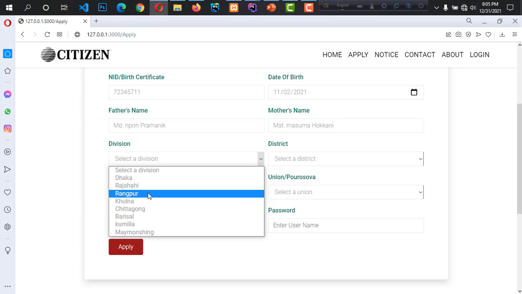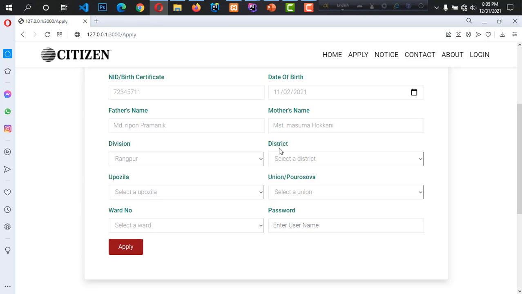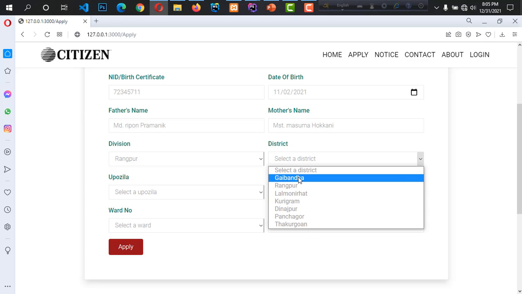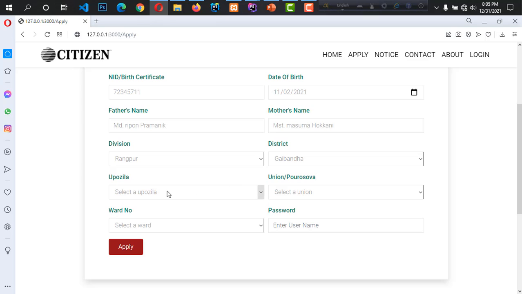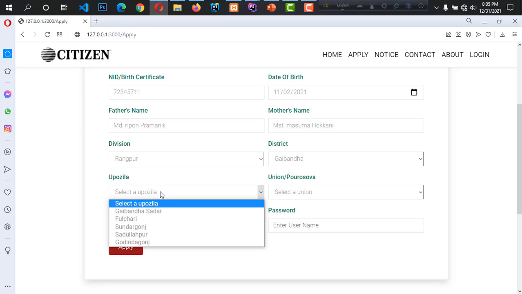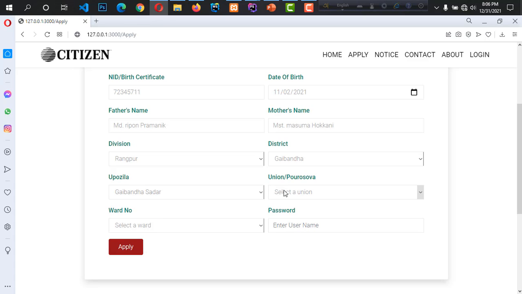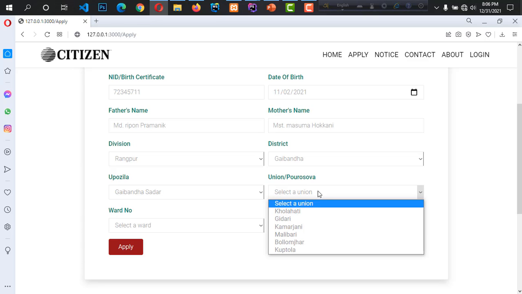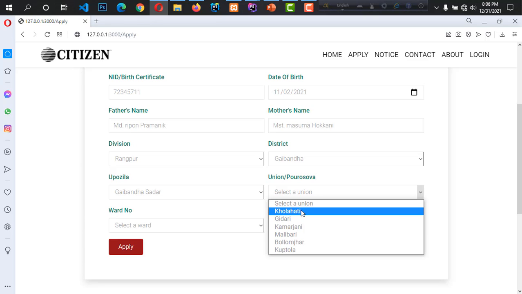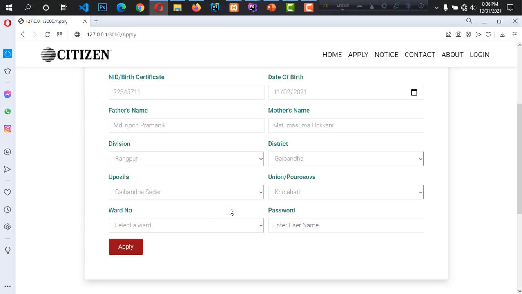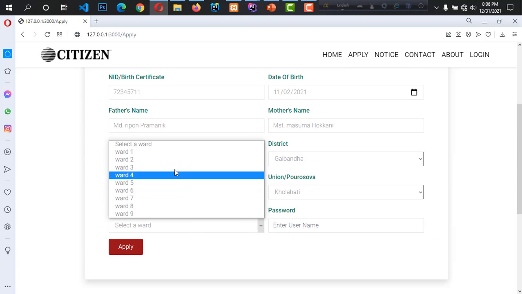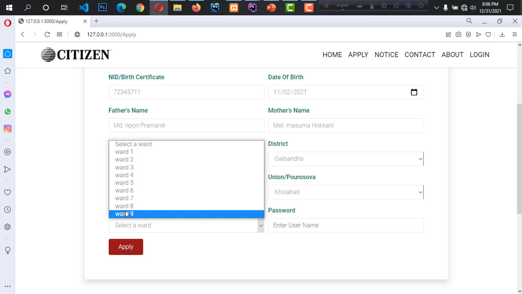My division is Rangpur, and then I need to select my district. My district is Gaibandha, and then I have to select my upazila. I live in Gaibandha Sadar, so I select Gaibandha Sadar. Then I have to select union or Paurasabha. My union is Kholahati, so I select Kholahati. Then I need to select my ward number. My ward number is 9, so I select 9.